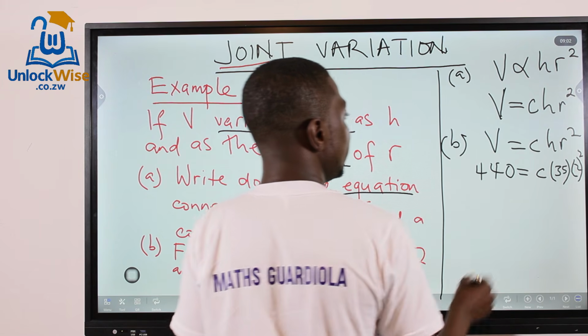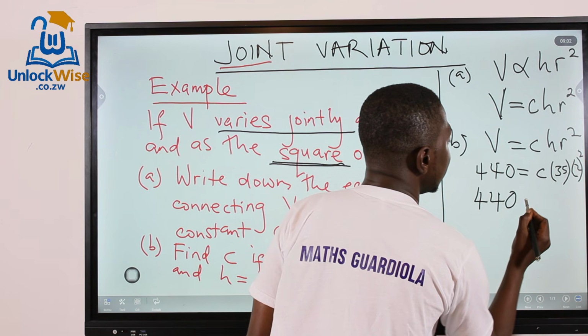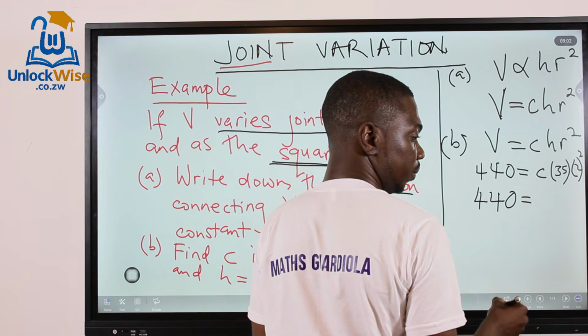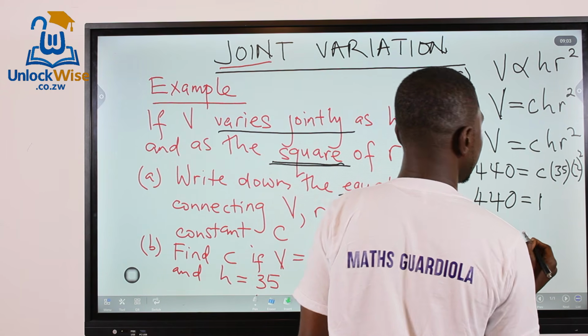So if we multiply the others, we are going to have 440 here, and we are going to have something like 100, and